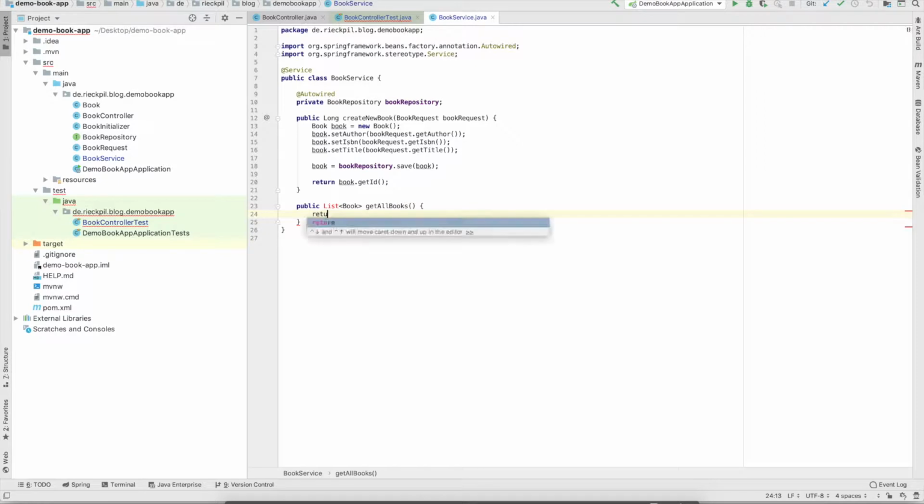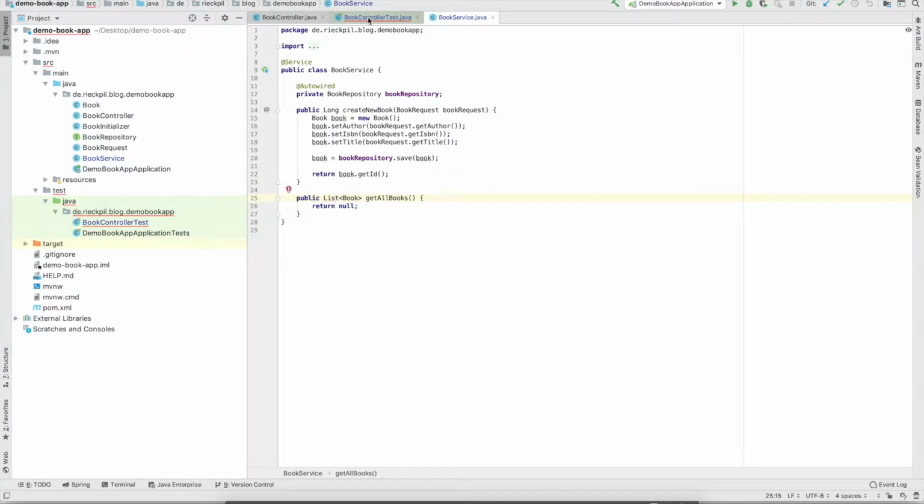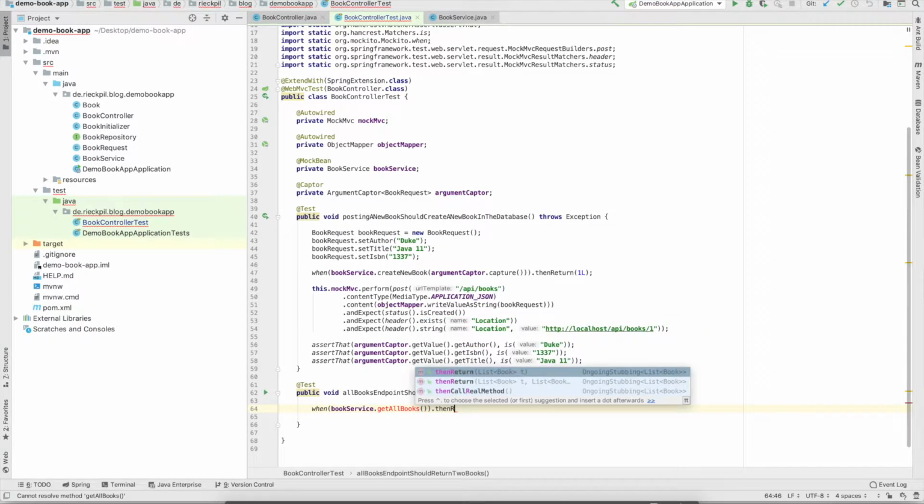To avoid compilation errors, we can say return null here and import List. So here, let's say, and return List.of,